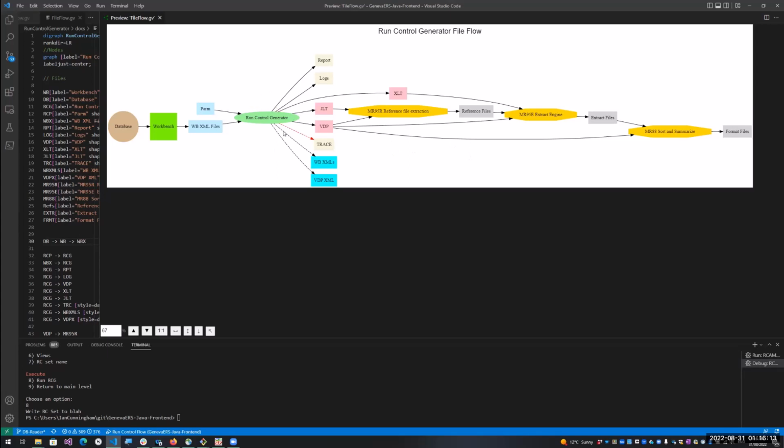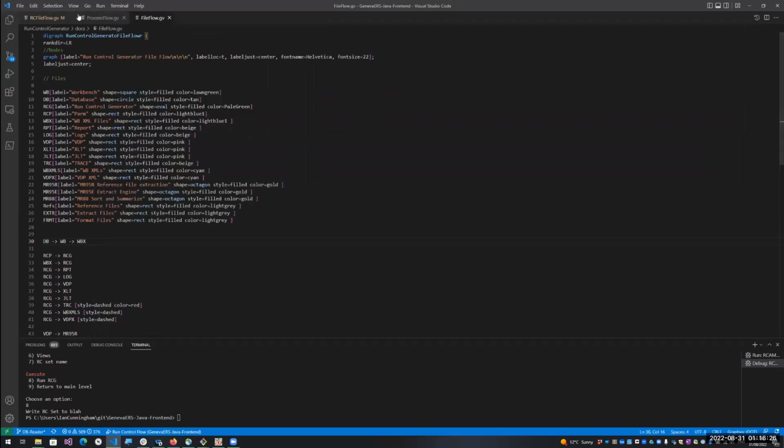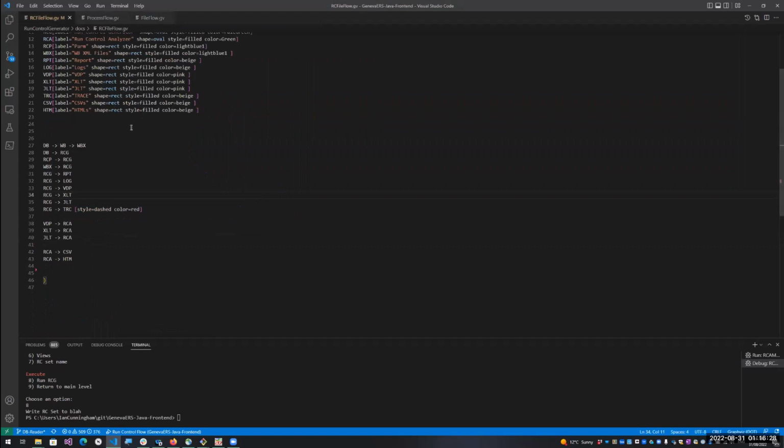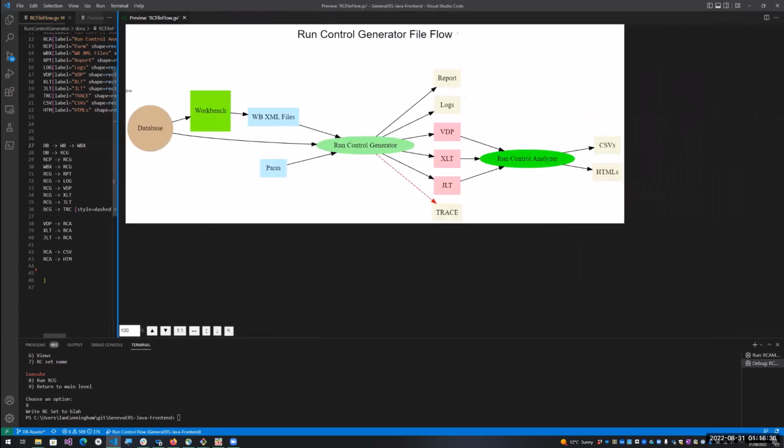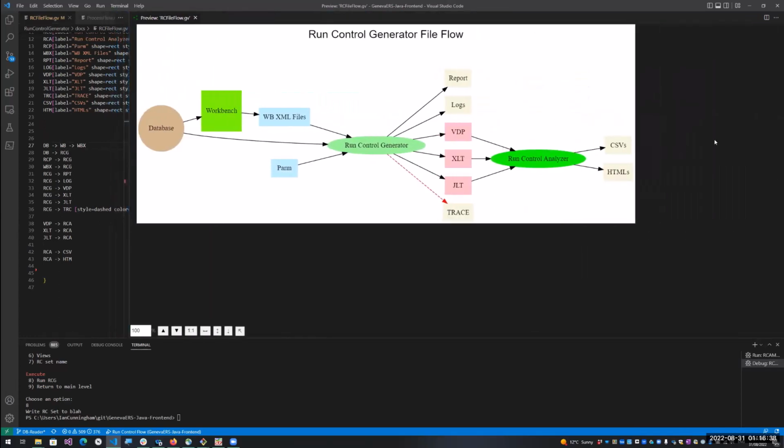Now I'm obviously looking at this run control generator and what it does and what it produces. So I have another little picture over here, the RC file flow. Let me open the preview to the side. This is basically the same sort of picture with the right end cut down, except we also have a tool called the Run Control Analyzer. The Run Control Analyzer takes those pink bits that were generated,